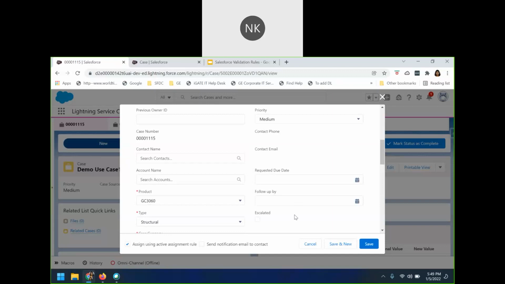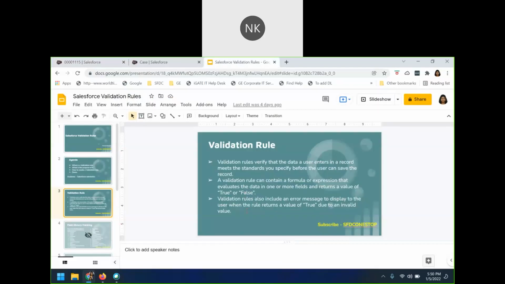The next point says validation rules can contain a formula or expression that evaluates the data in one or more fields and returns a value of true or false. Validation rules include an error message to display to the user when the rule returns a value of true due to an invalid value. In simple terms, if a condition evaluates to true, the error message will be popped up to the user.